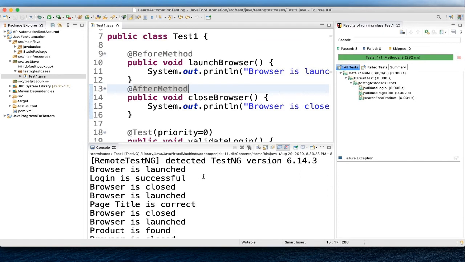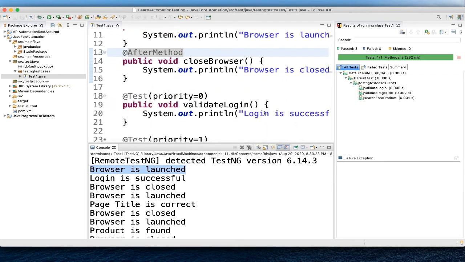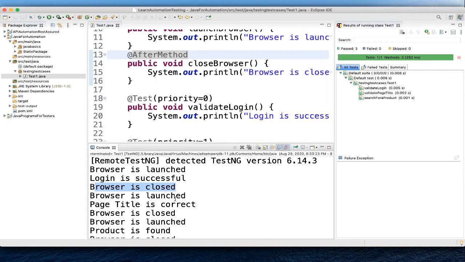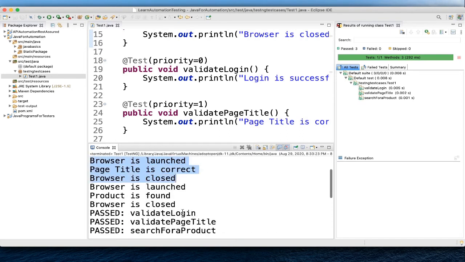What we are seeing here, browser is launched. This is first executed, then login is successful, this got executed, then browser is closed, this got executed after method, then again browser is launched, then second test case got executed, browser is launched, page title is correct, then browser is closed, then again browser is launched, product is found and browser is closed.